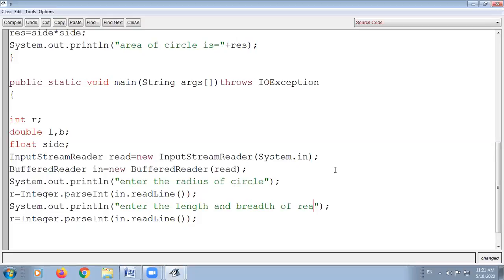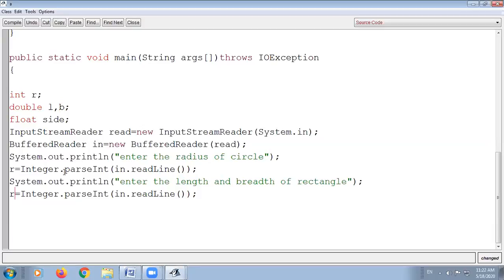This message you will display to the user so that they enter the values of length and breadth. The variable chosen for length is double l, and for breadth small b. So here you will not write Integer, you will write Double.parseDouble.